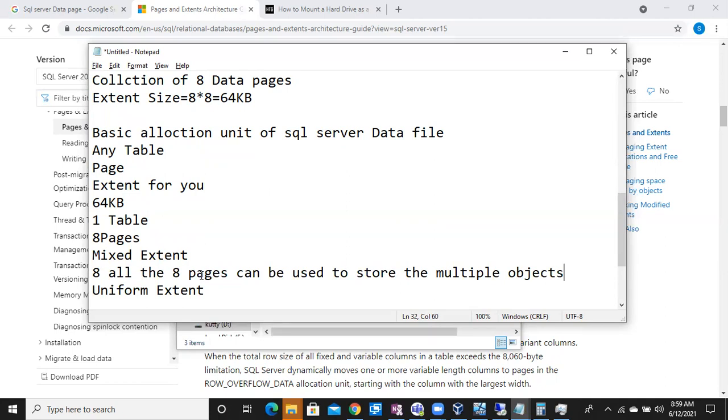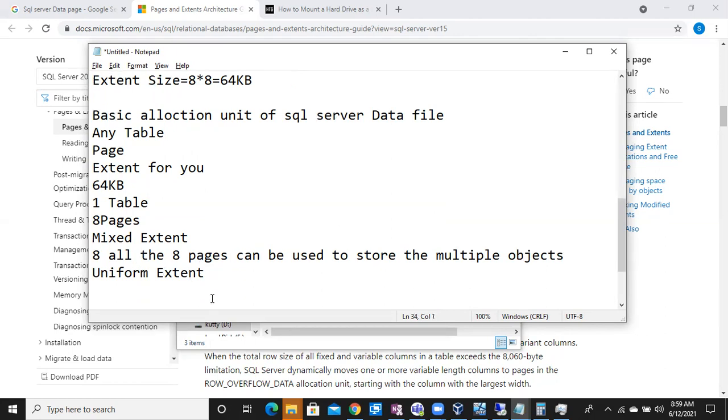In each page, you can store multiple objects. Multiple objects means in one page you can store one object. Like that, in 8 pages, you can store 8 different objects in a mixed extent. In a uniform extent, all the 8 pages will be used by a single object.